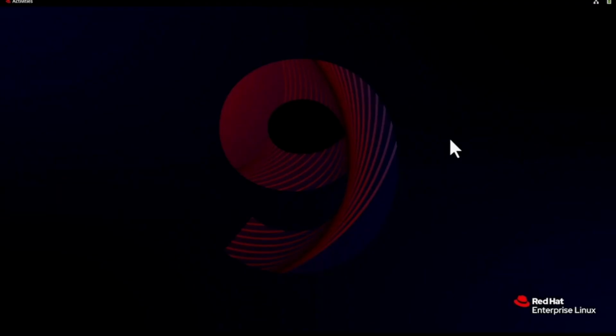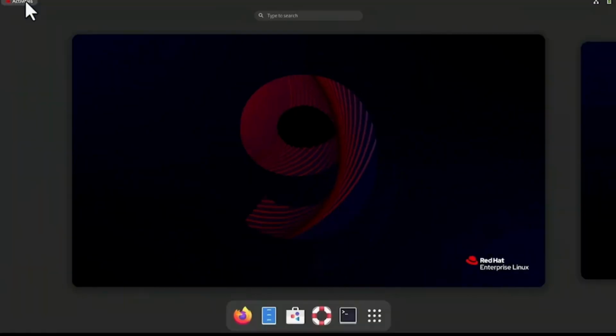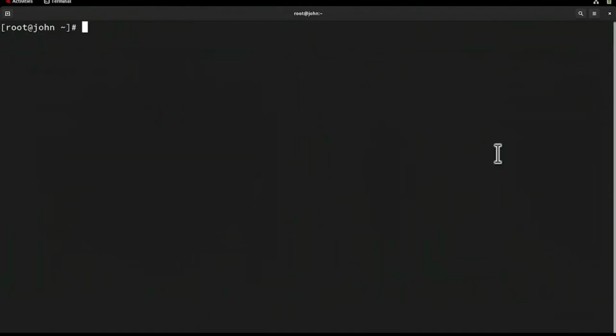Click on the Activities tab at the top left corner of your screen. Then, click the terminal icon at the bottom of the Activities view to launch. First, let's check the logrotate configuration file. In the terminal, type the following command: